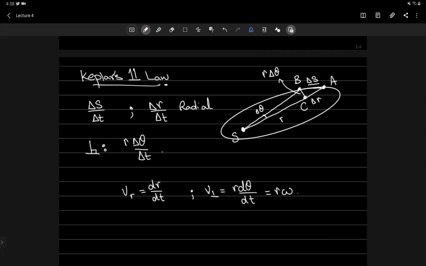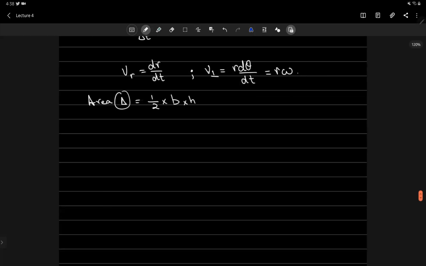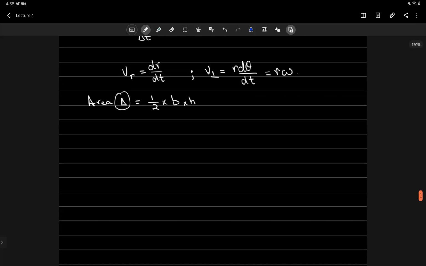Okay, so we were at this point where we just have to use the area of a triangle. We have the area of a triangle, this triangle I have drawn, right? This is equal to 1 by 2 times the base of the triangle times the height of the triangle. So if I use this now, it follows immediately that